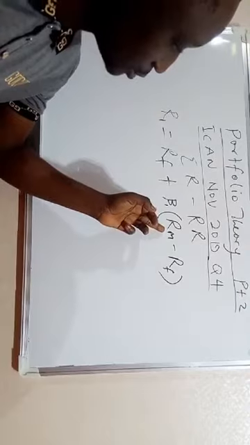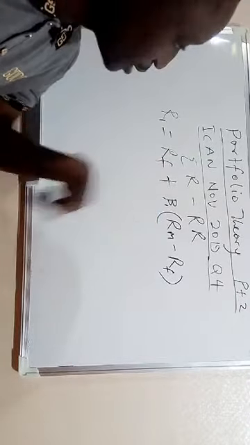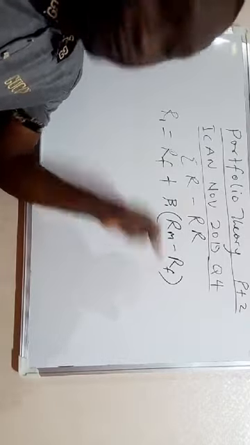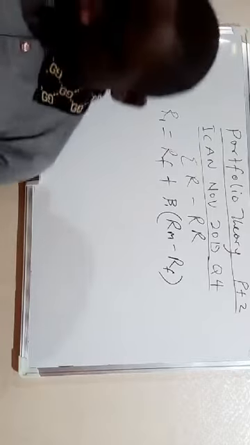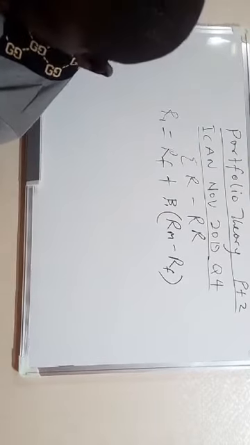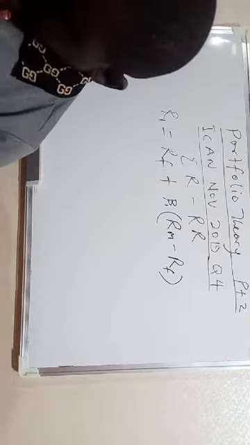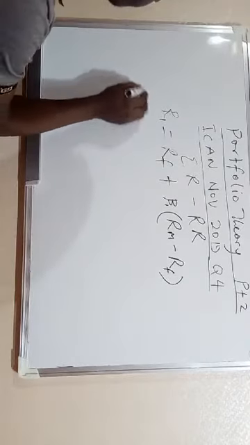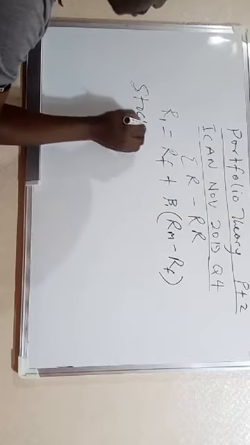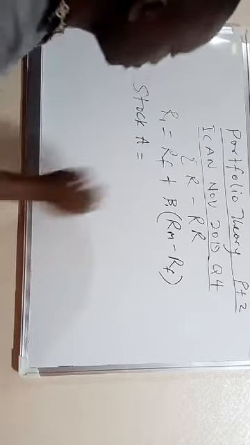And this is the market return, the general market return in that security, then minus the risk-free rate. So the question will be, given the risk-free rate. So in stock A, we have the risk-free rate is 3%